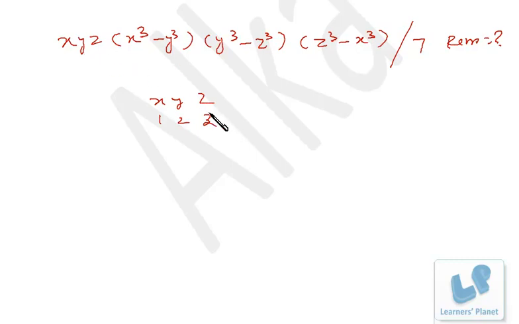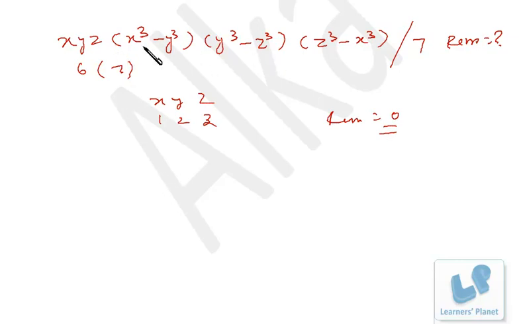After that, if you put up the values, that is 6, x cube minus y cube. y cube is 8, x cube is 1. So the difference is 7, maybe positive, maybe negative, but the difference is 7. So we already got 7 as a factor of this expression. Since this expression is a multiple of 7, if we divide it by 7, the remainder will be 0, obviously.